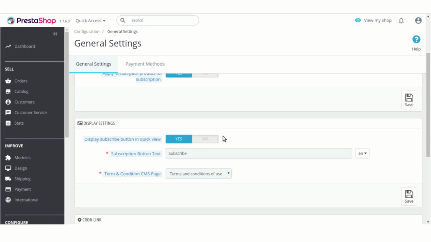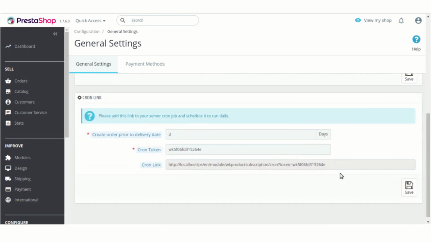On that terms and condition, which CMS page you want to embed in that link, you can choose here. When I come to the front end part, I will also show you where this terms and condition lie.